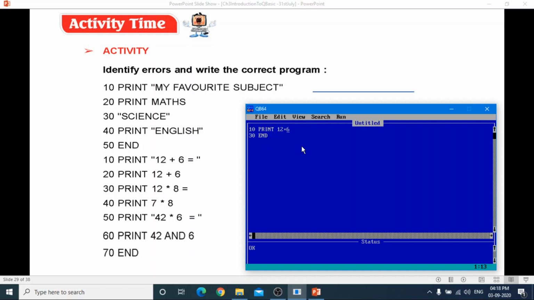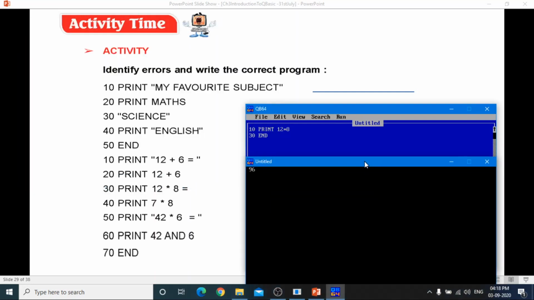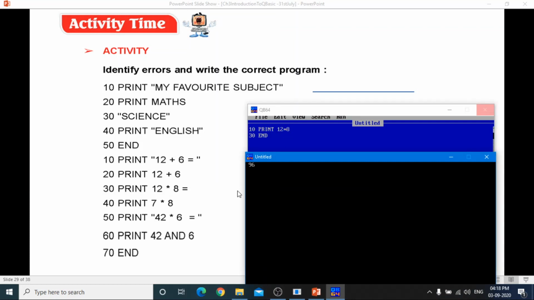Okay. For multiply, we will put the star sign given on the 8 key. On your keyboard, number keys are there na, तो 8 के ऊपर there is a star. So 12 multiplied by 8 and then equal to, and run it. See, there is a error because it will not take equal to. अगर हम equal to हटा दें तो it will run. 12 8s are 96.